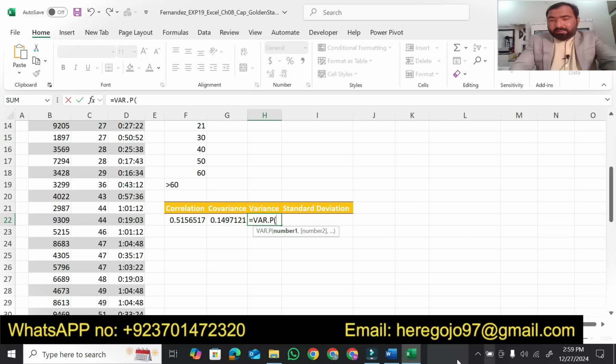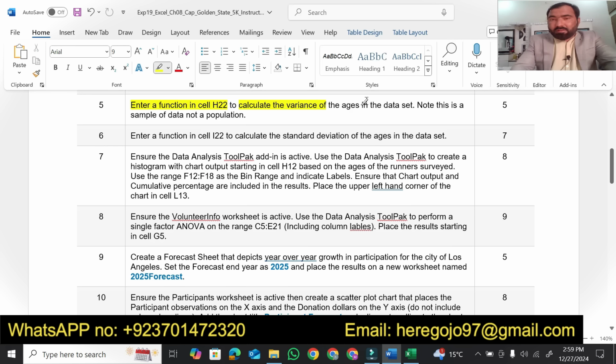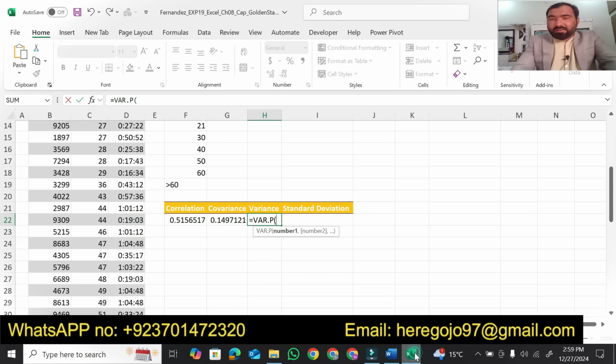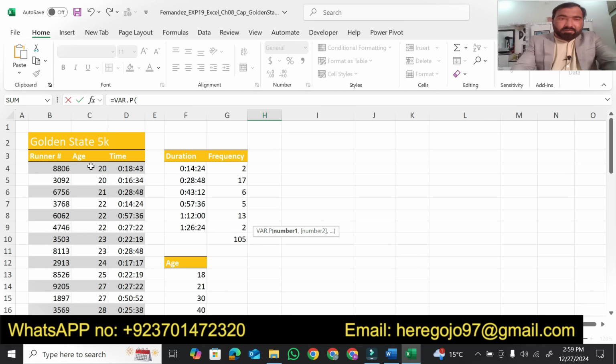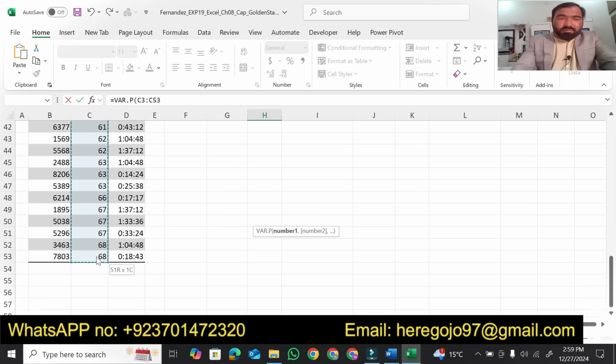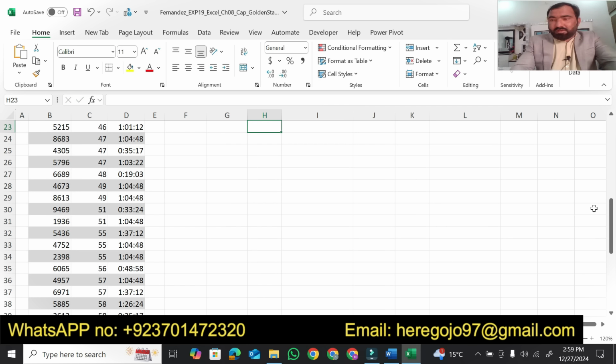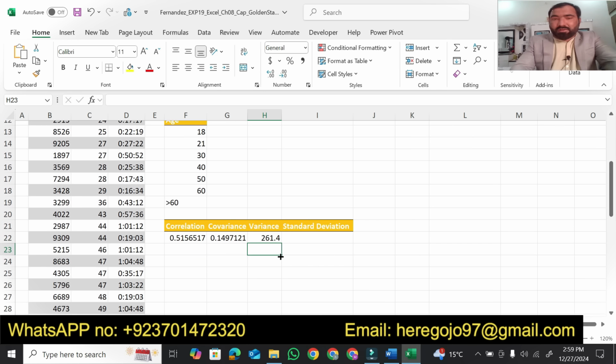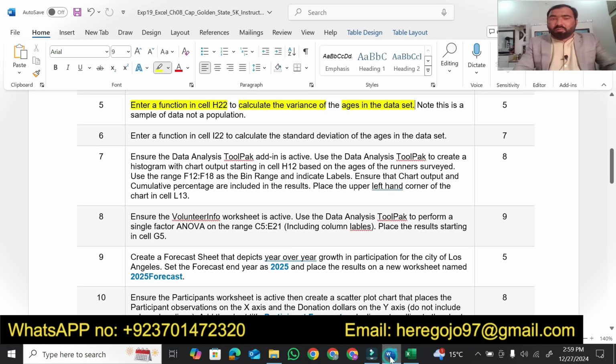Then what column do we have to use? In the age data set, no, this is sample data. We have to give age data. So where is age data? This is age data. We have to give just this data to variance. This is done. So question number 5 is done.